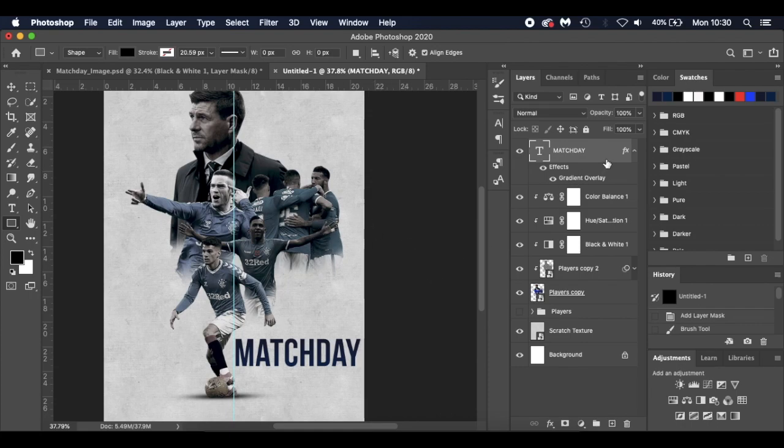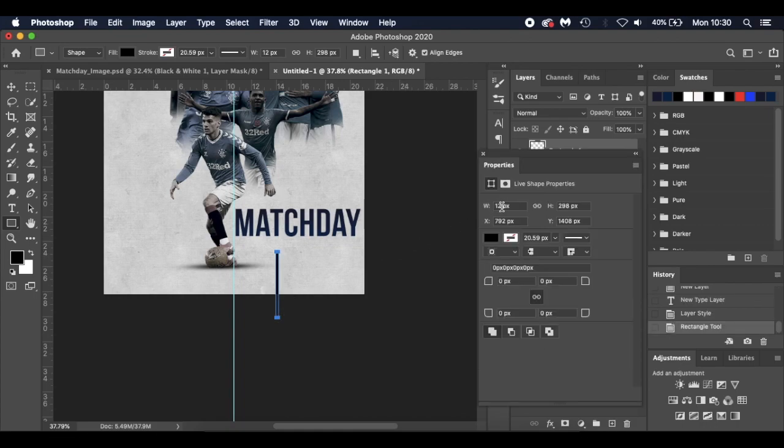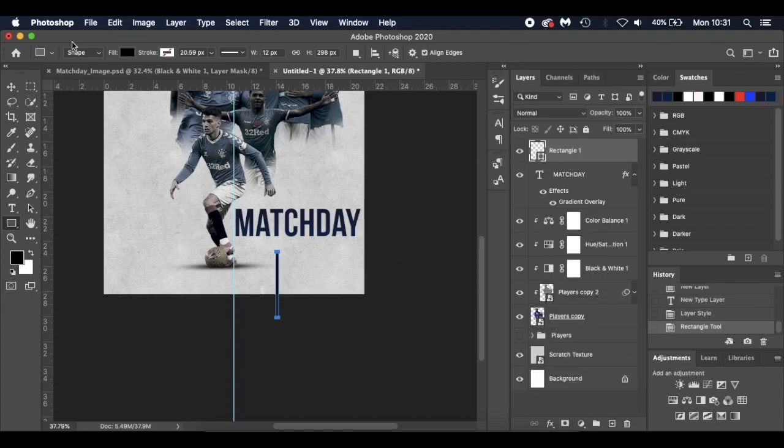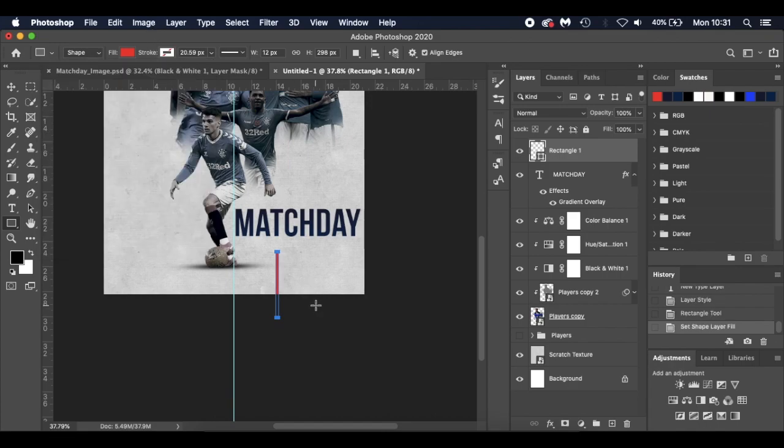So what we'll do is just drag something like that. Close that. I'm going to go to my fill up here, and I've already got this red selected. It's just the bright standard red, the brightest one you can get. What I'm going to do is duplicate it, Command J,